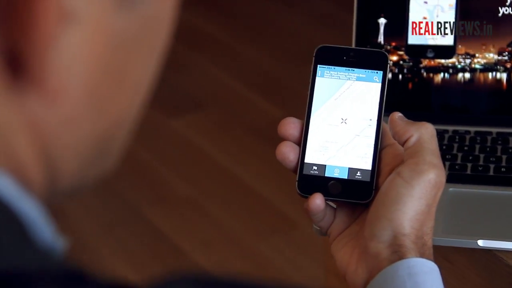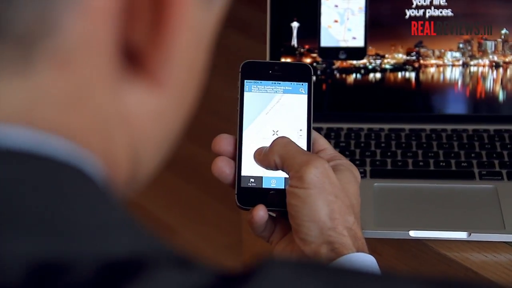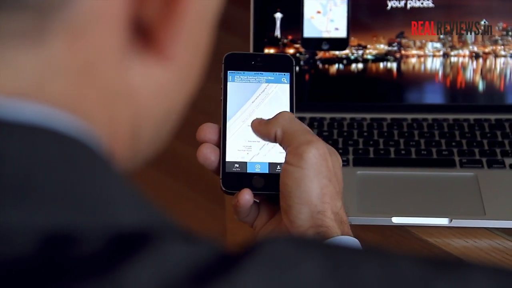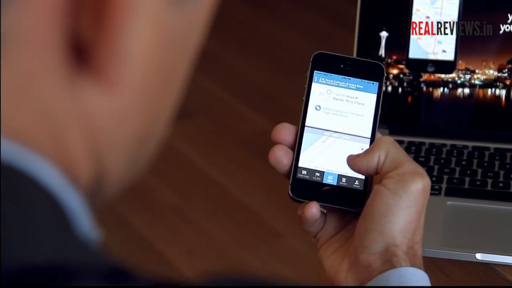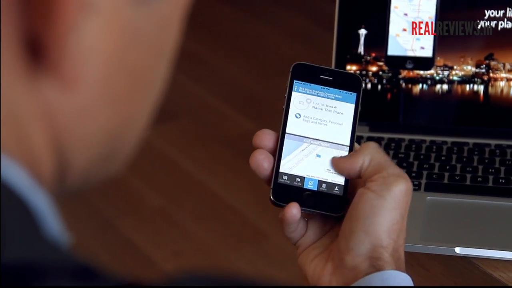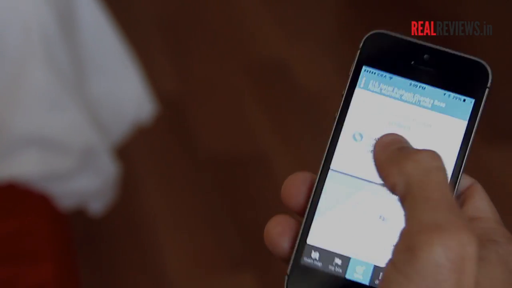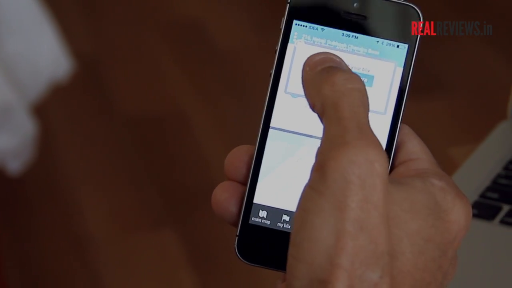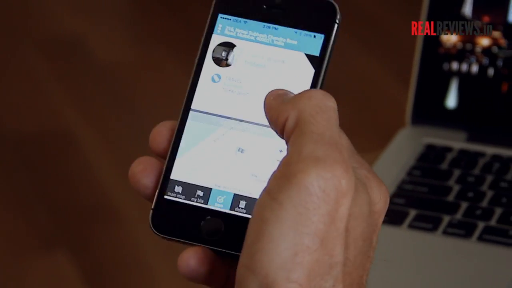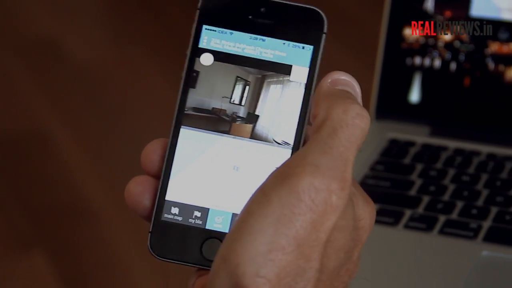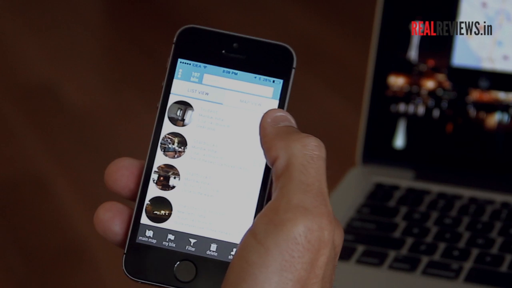When you first open the app, it sort of drops you into the exact location where you are. So this is feeding off Google Maps. In this case, I'm in a hotel. I want to save the front entrance, so I'm going to move it over here, which is where the entrance is, and add a note. Great pool. And take a picture. I can add a picture from the gallery or take a picture myself. Let's see, I think I have a shot here of the hotel somewhere. So now I've taken the picture and I can save this place.